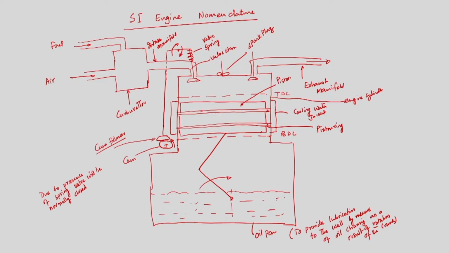And to open it we need to apply force. So to open it, force is required to be applied, right. And since this cam and cam follower mechanism is there, the cam follower cam is connected somehow with the engine, that rotary motion that we are converting from reciprocating motion to the rotary motion.